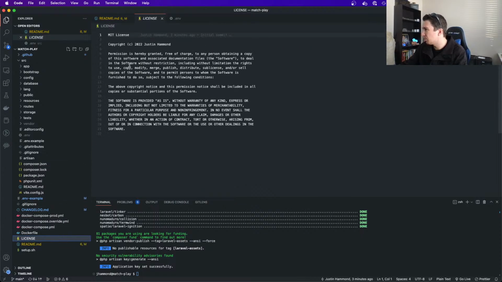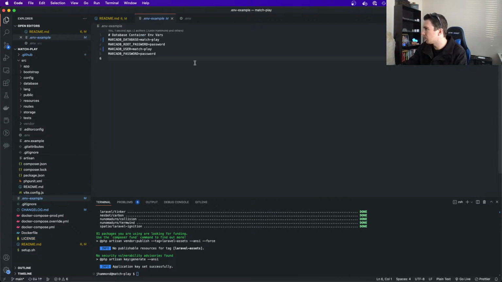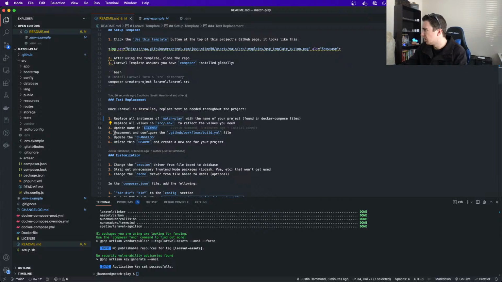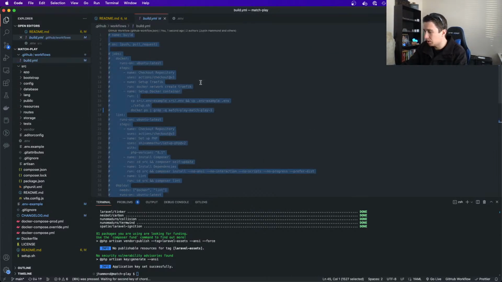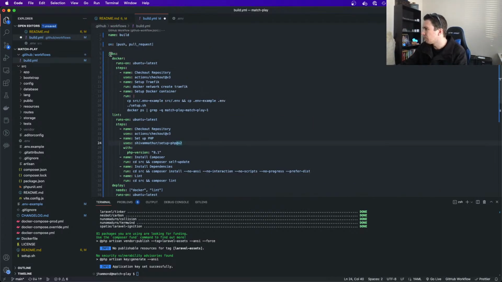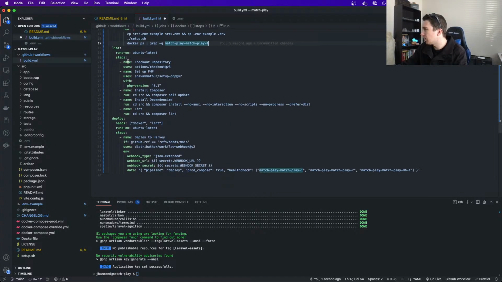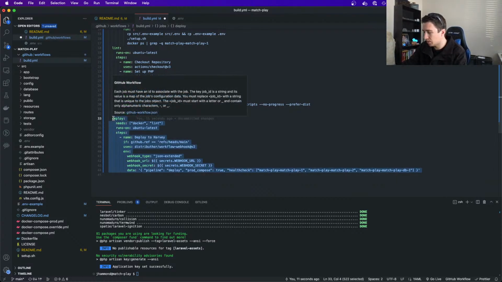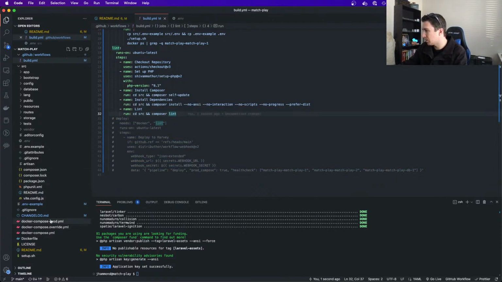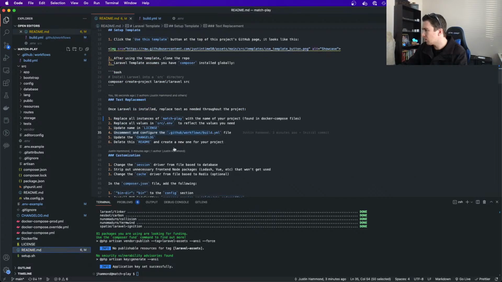Update the license. We basically, for me, just need to update the date, which is already the current year. Almost 2023. Crazy. Uncomment and configure the workflow build file. So that's this. We're going to uncomment the whole thing. We want to check that the Docker container runs. We want to check that linting runs. And then if both of those run, we're going to deploy this to the server. For now, we're going to comment this out because there's nothing to deploy and we don't have those details quite yet. So let's not deploy it.